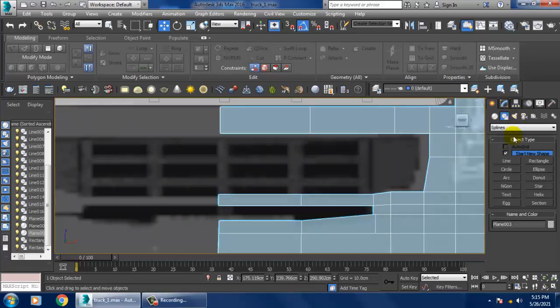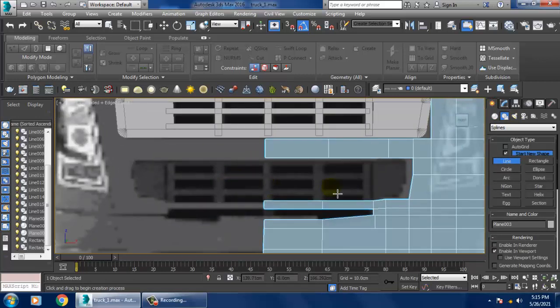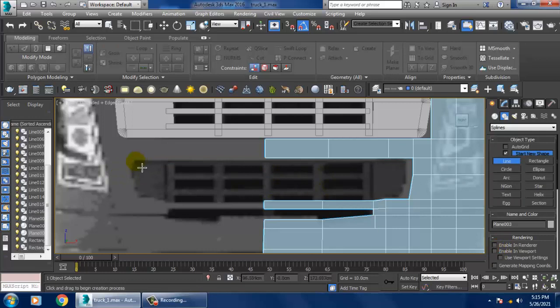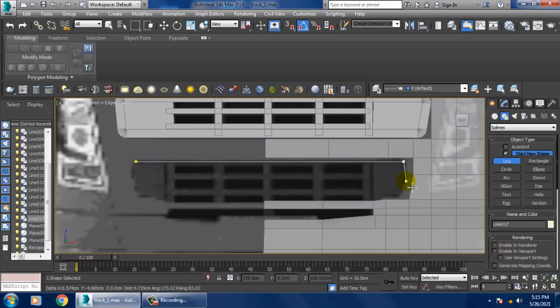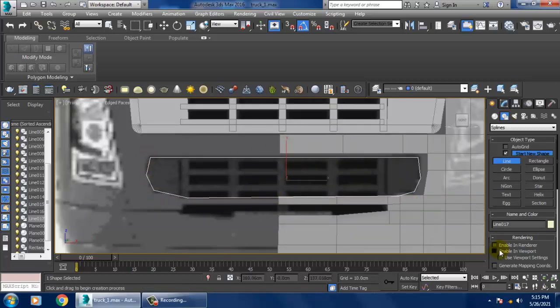So again I'll take a line tool over here. I'll enable in viewport, and I'll turn that off. Just take a line tool, and you can just close this, enable in viewport.